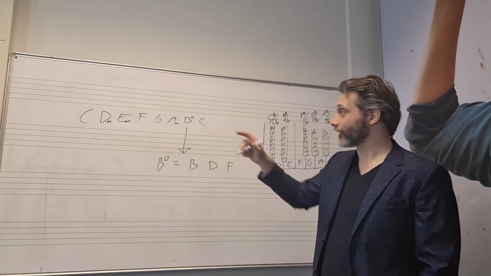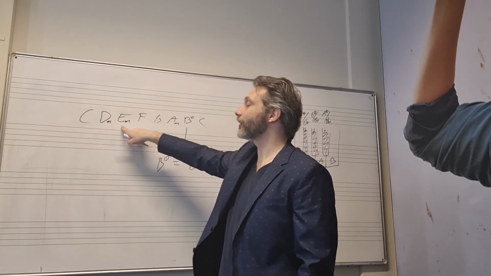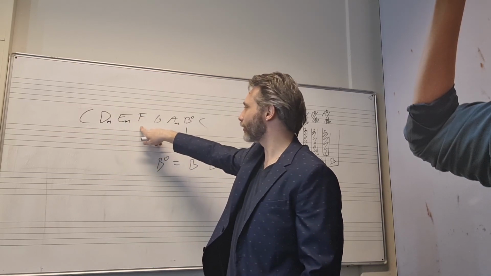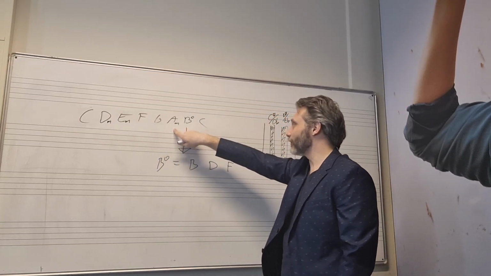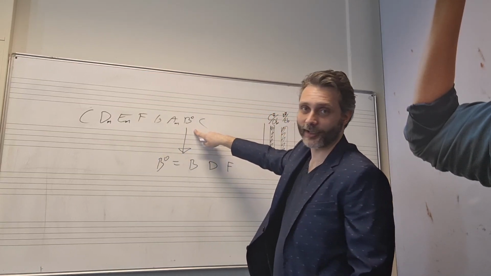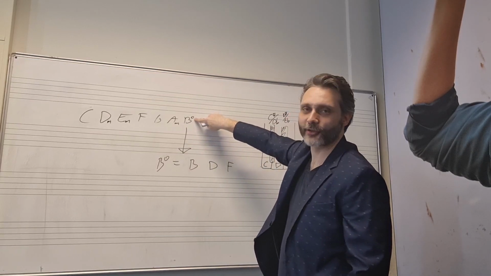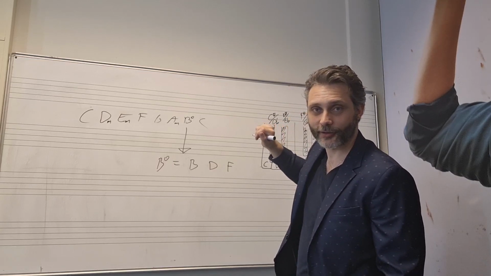Okay, so the 1 chord is C major, that's the first chord, the 2 is D minor, the 3 is E minor. This is how we pronounce these things. The 4th chord is F, the 5th is G, the 6th is A minor, the 7th is different. This symbol, this little circle here, is a diminished chord, or a symbol for a